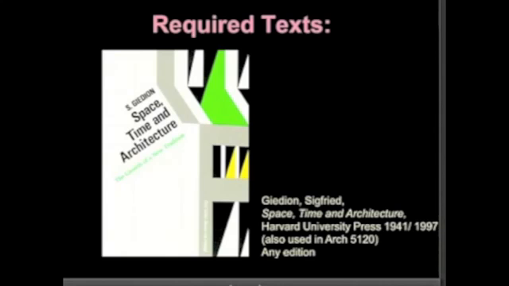And so Giedion goes back to the Baroque period. We'll be reading this throughout this course, and we'll be reading a little bit of it also next quarter. He looks at the Baroque period as a moment when architecture started to be really about space, stopped being about the edges of a building and more about the play of space, which for Giedion is the modern condition of architecture. So it's a great book. That one is so much fun to read.